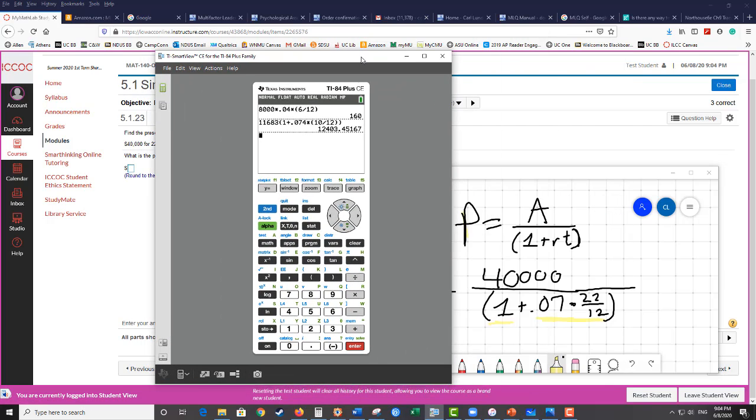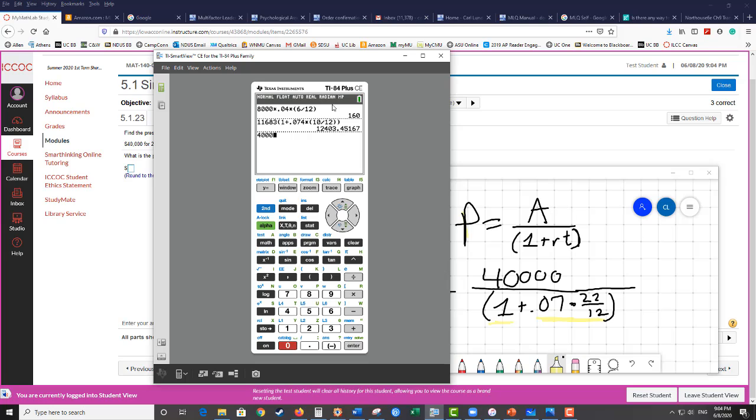But on the TI-84, we can do this pretty easily. So I just have 40,000 in my numerator, so I'm just going to leave it like that. If I had something more complicated in my numerator, I'd put it in parentheses. Divided by, and then I want to make sure my denominator is in parentheses. So I divide it by the entire quantity. Otherwise, it's not going to work. 1 plus 0.07 times the quantity 22 divided by 12. Then notice I have two closing parentheses. My parentheses always have to match. And so I get